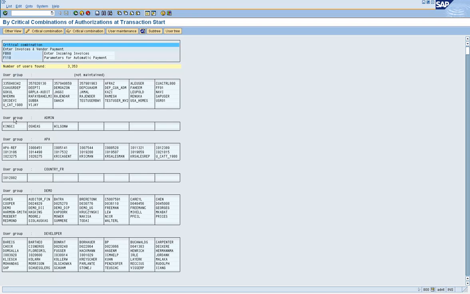Now this guy also has access to these two transactions, but he belongs to some other group. So they have clubbed it first by the combination, then by group. Okay, so you can find out.